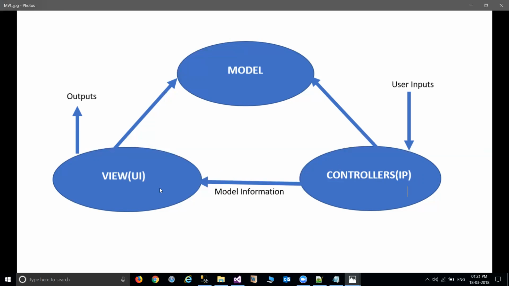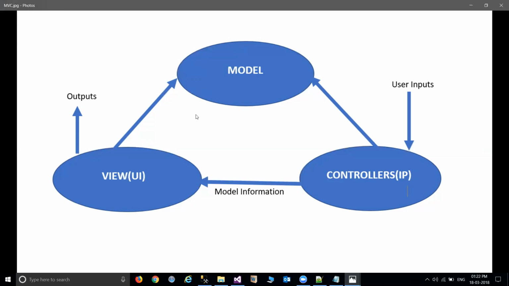If required, it goes to the model, and again to the database or some Excel or flat file somewhere. If any logic needs to be executed, it validates in the model logic, and then comes back to the view and shows you the response.